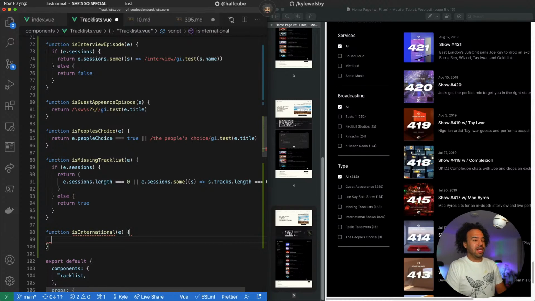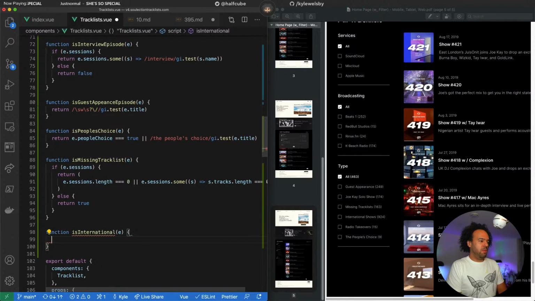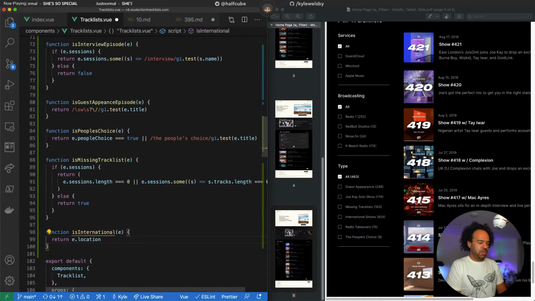What we found out from the data is we have to do 2 checks if we want to use the data as is without having to manipulate it for now. So we want to return true if we have a location which doesn't equal US, but we also want to check if we do have a location, and the location doesn't equal that. So that's our very first check.